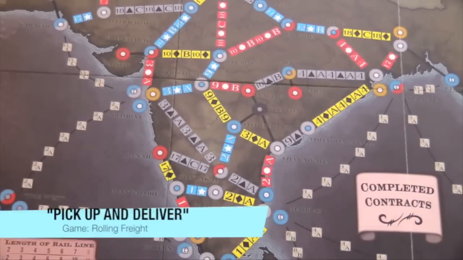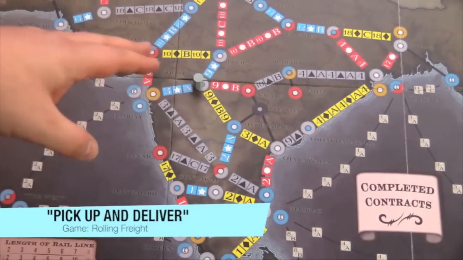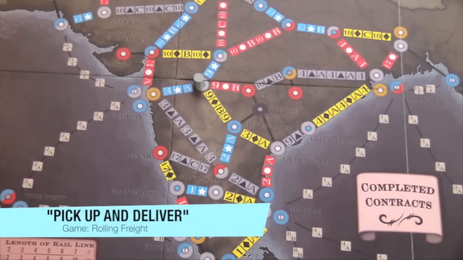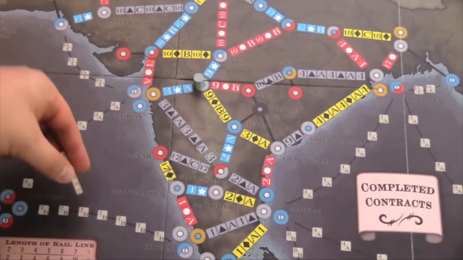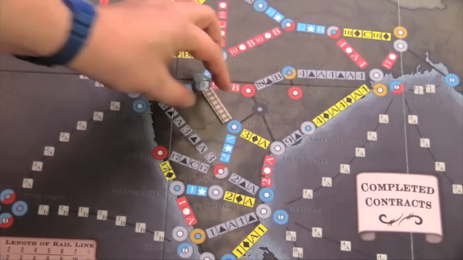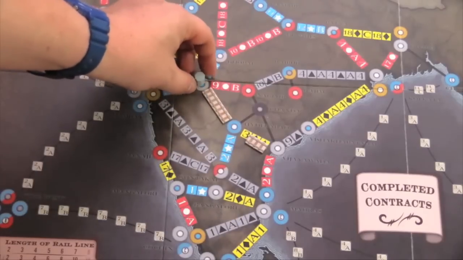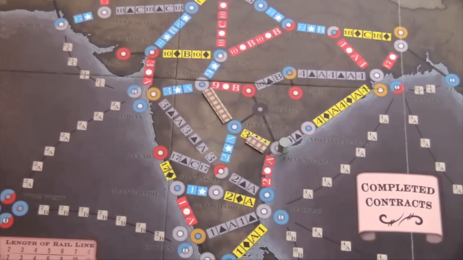A pick up and deliver game is exactly what it sounds like. You're going to be picking up something from one spot in the game and delivering it to another. Usually this is done in an economic type way, where when you deliver the thing, you're going to get money or some sort of reward, maybe points. There are many train games that use this, where you're simply going to be building tracks and then using maybe actions to deliver a good from one city to another.